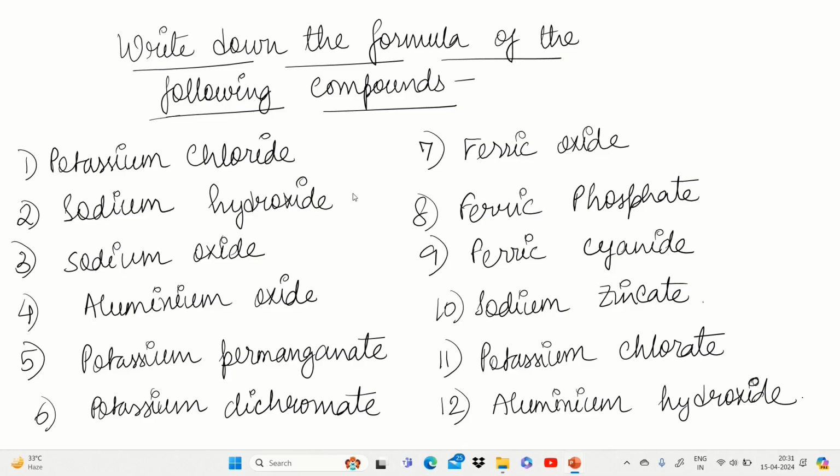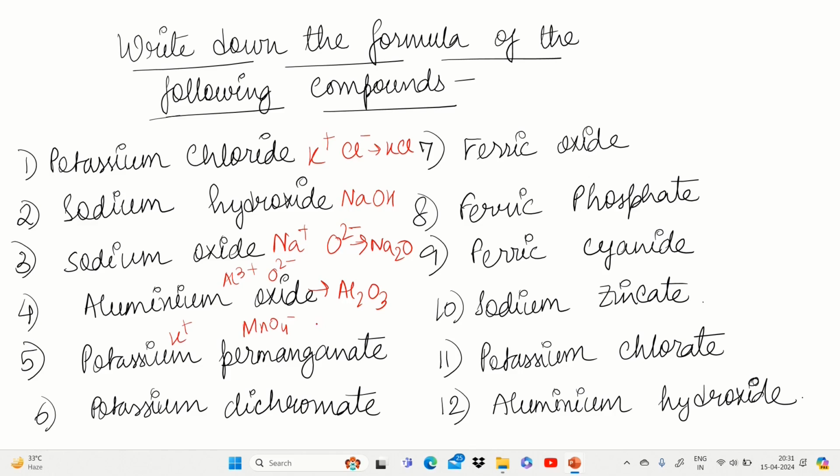Now let's try out this formula. First, potassium chloride. So K is +1, Cl -1. So the answer will be KCl. Sodium hydroxide, NaOH. Sodium oxide, Na +1, O 2-. So the answer will be Na2O. Aluminium oxide, answer is Al2O3, because aluminium is +3, oxygen is O 2-. Potassium permanganate, K+ MnO4 -1. Answer is KMnO4. Potassium dichromate, K+, dichromate is Cr2O7 2-. So the answer is